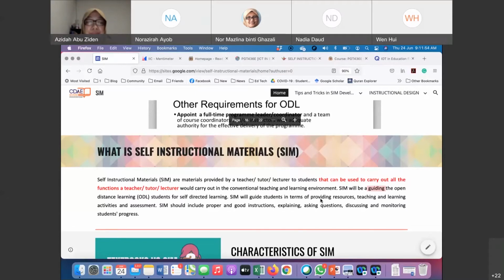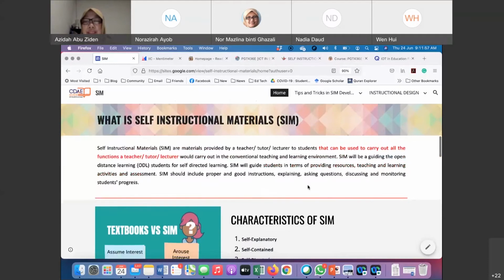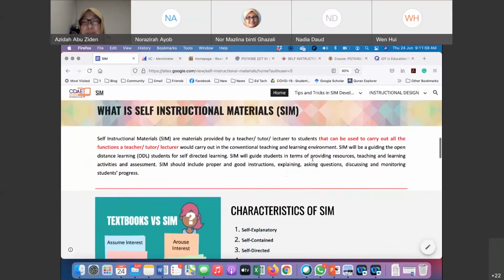So the SIM will guide your students in terms of providing resources, teaching and learning activities, and assessment. So these three are the main content, or main things, that should be in the SIM: resources, teaching and learning activities, as well as assessment. These are the main components in your SIM. However,